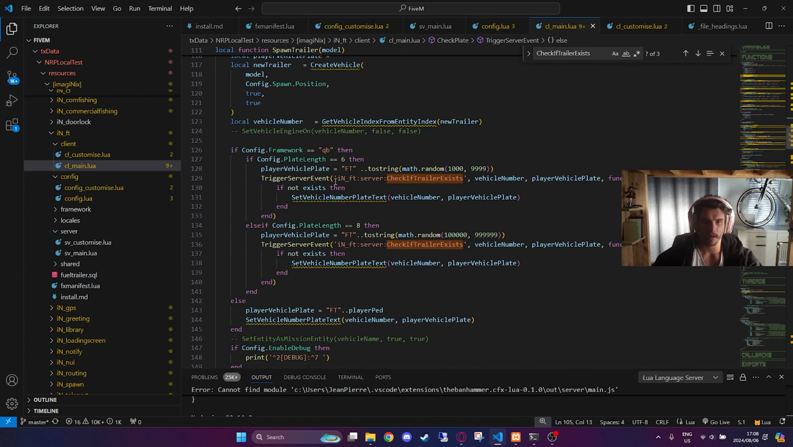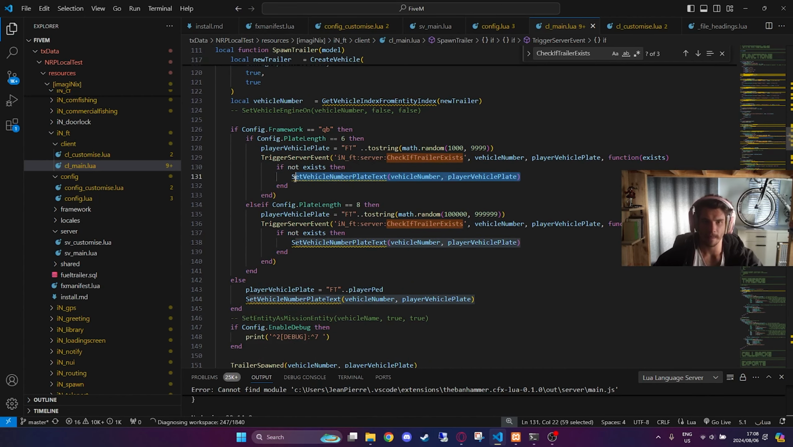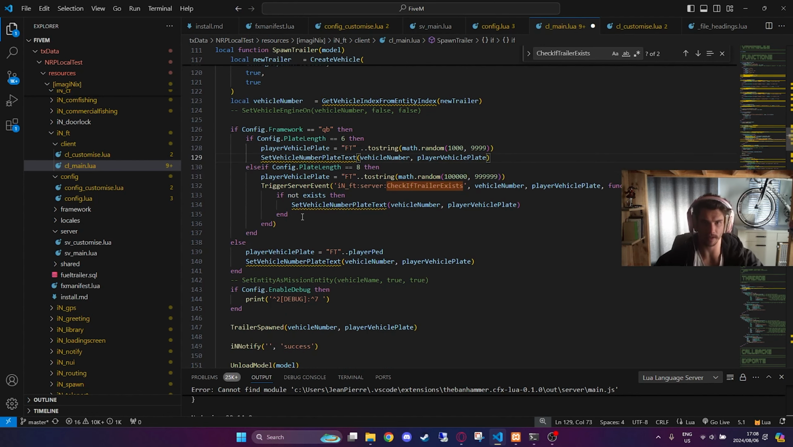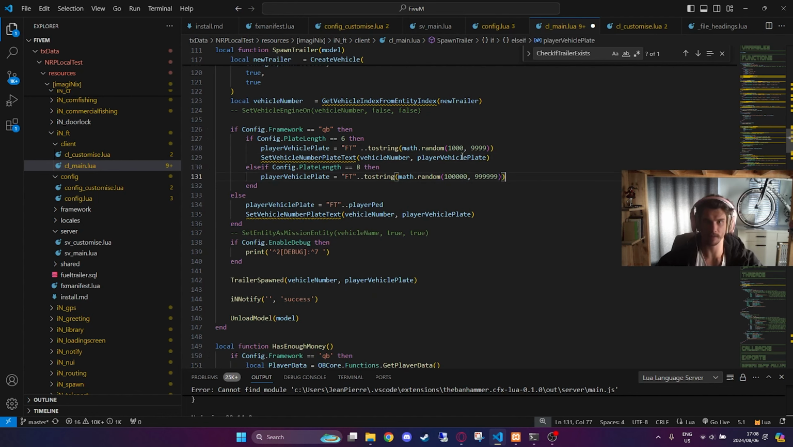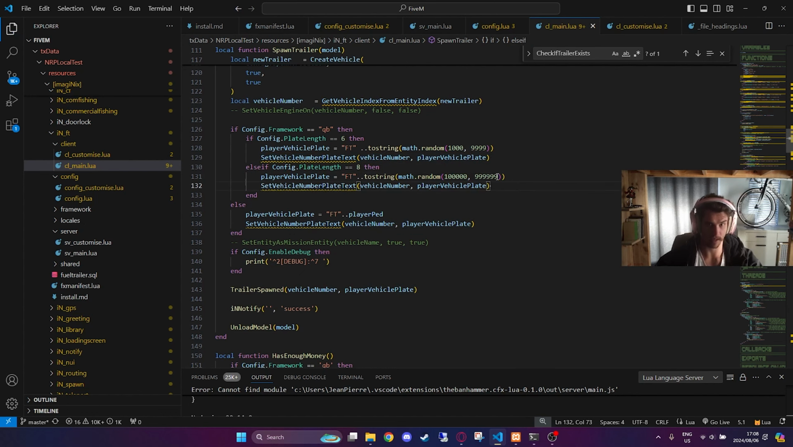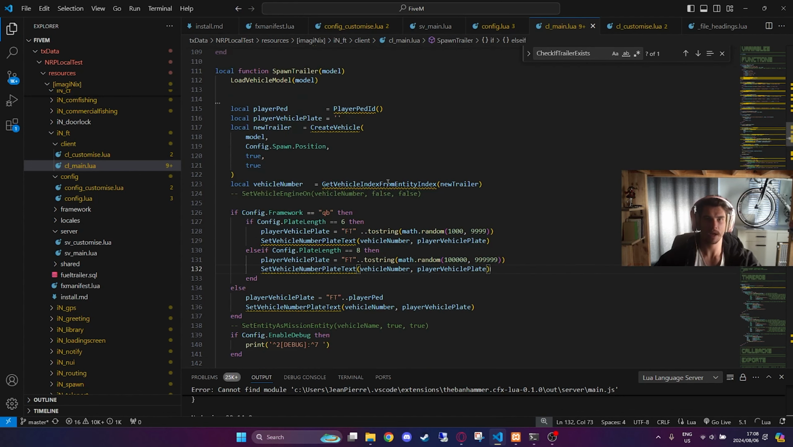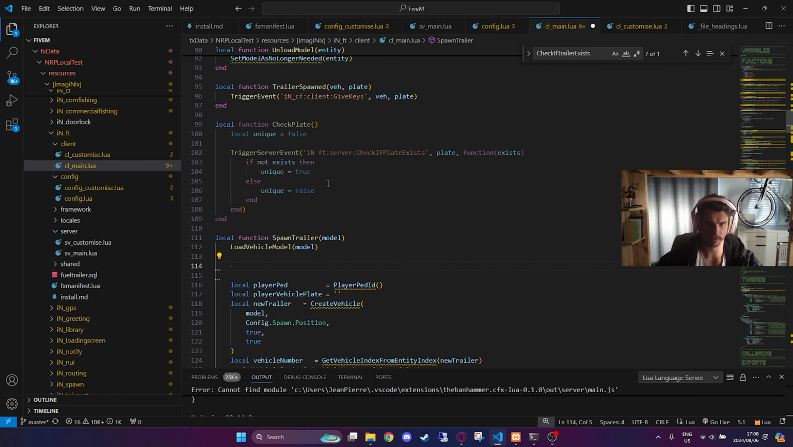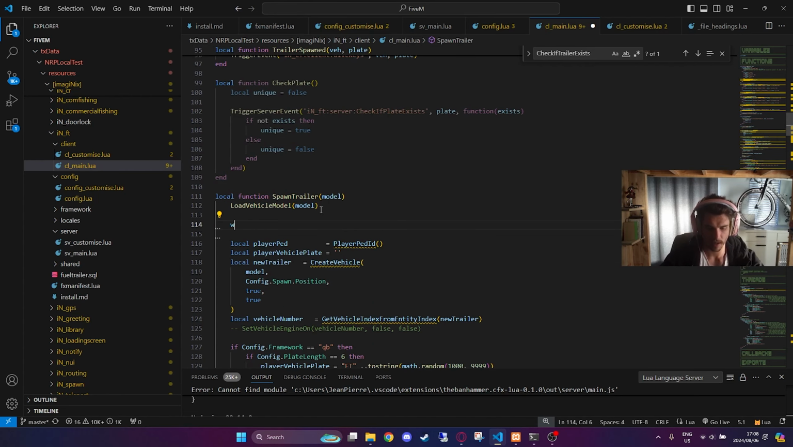Strange logic that I'm trying over here. We'll cut that, paste that over there. We don't need that event anymore. And we don't need that event anymore. Copy that, paste that. Right. Reason being super simple. What we're gonna do is over here, we're gonna call the function check plate while not